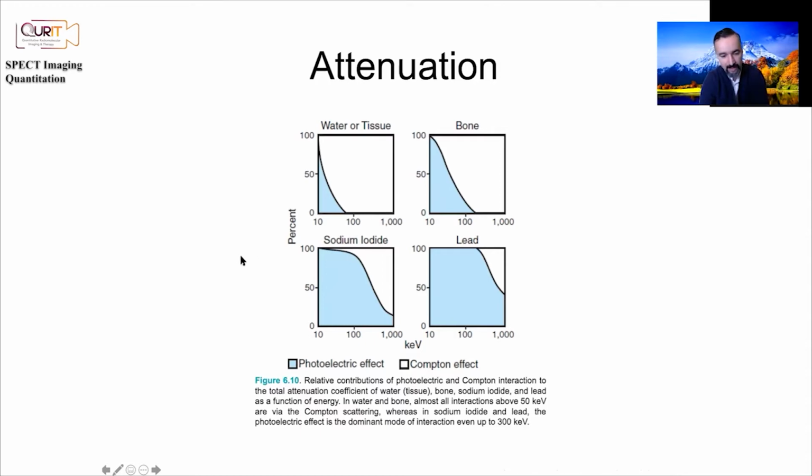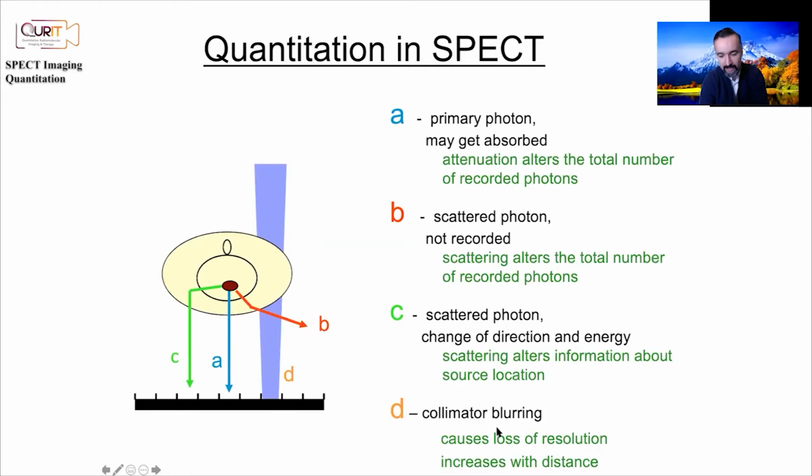And just going back, because we had a question about collimator blurring, just hang in there. We will come back to this and explain this more. But the idea is, let me put it this way. It's what we've said before. As you get away from the collimator, the resolution degrades. So if an event is here, or here, or here, or here,